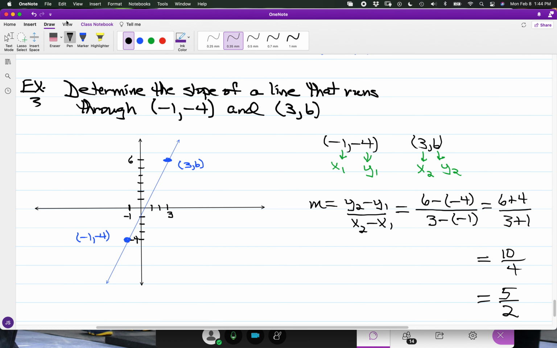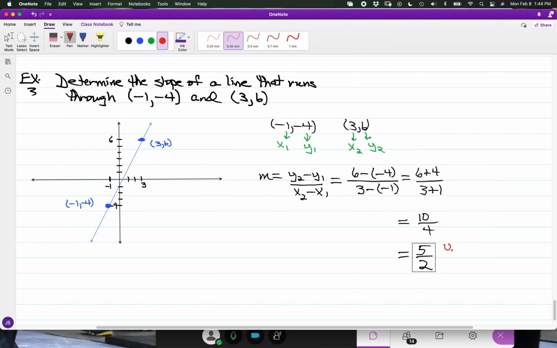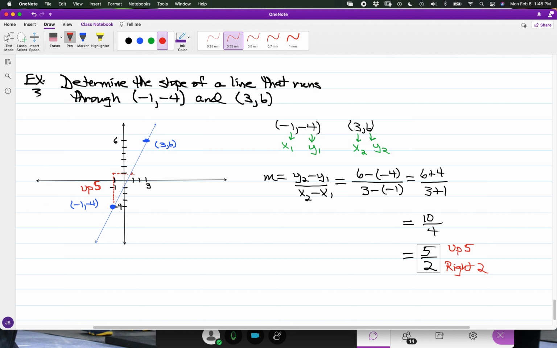So looking at it from an incremental standpoint, 5 halves is like the vertical to horizontal change. If I read in order from left to right, the 5 is in reference to moving up 5 units, and the 2 is in reference to moving out to the right 2 units. Let's say we have graph points -1, -4, and 3, 6. If I move from here up 5 units, and then I shift over 2 units,